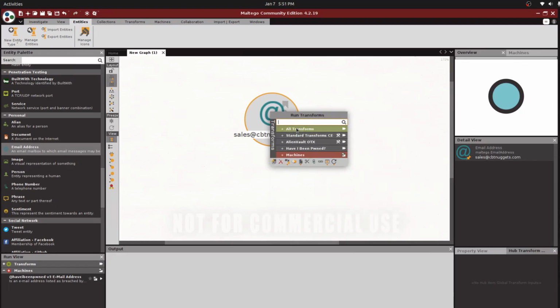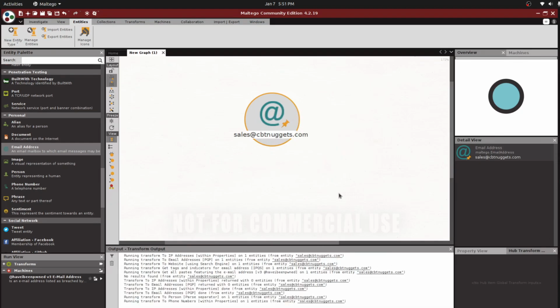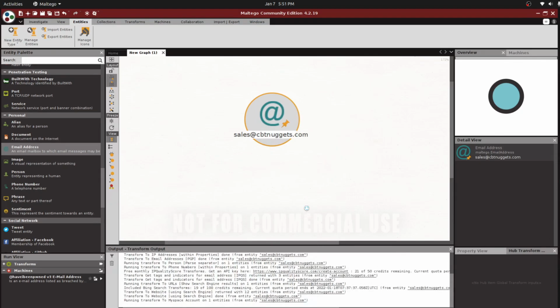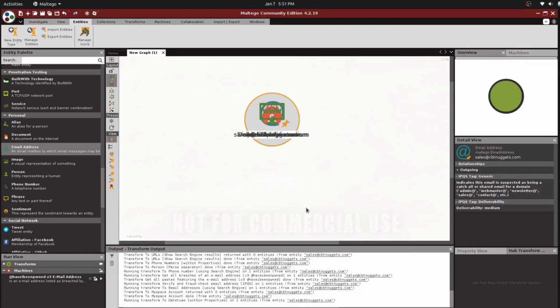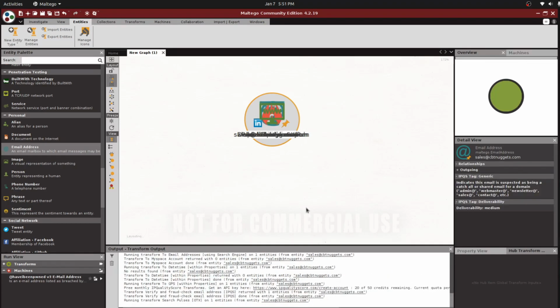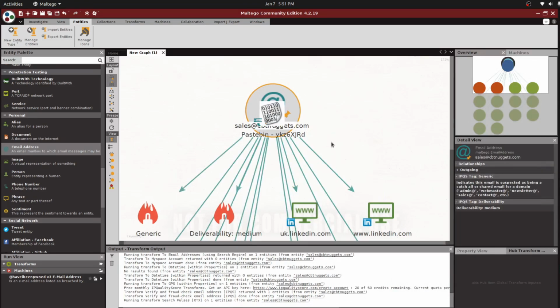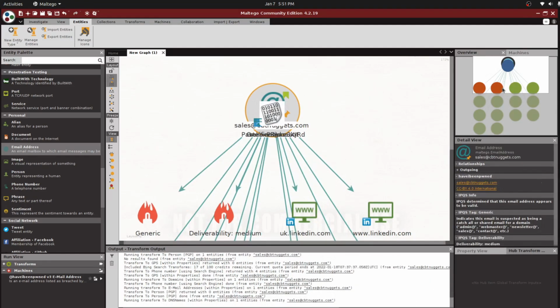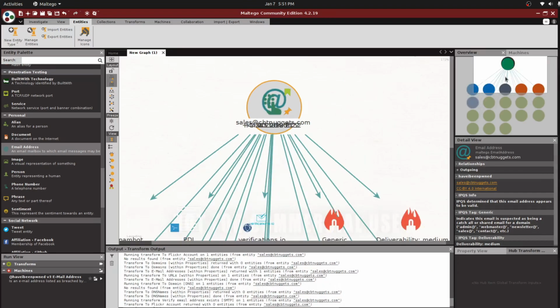But if you have no idea which option to choose, you can simply click this forward button. You can see this forward button. Once I click, it is simply probing the other information resources. Now it got some details. You can see the overall graph view here.